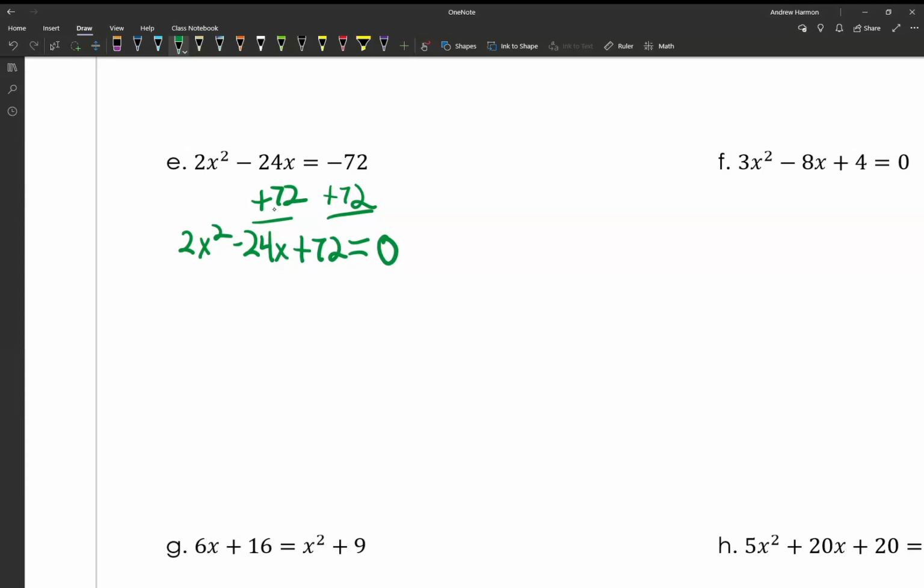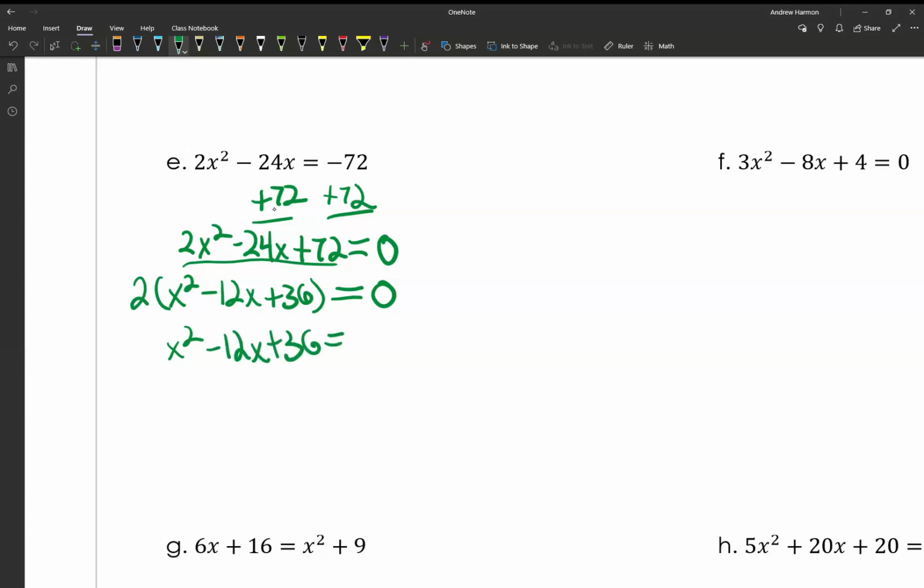And if we look, all of these numbers are divisible by 2, so we can factor out that 2. So we get 2 times the quantity x squared minus 12x plus 36, just dividing 2 out from each of those terms. And that's going to equal 0 again. And then this 2 we can divide out, and we're just left with x squared minus 12x plus 36